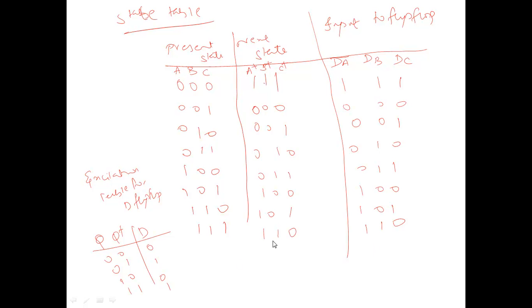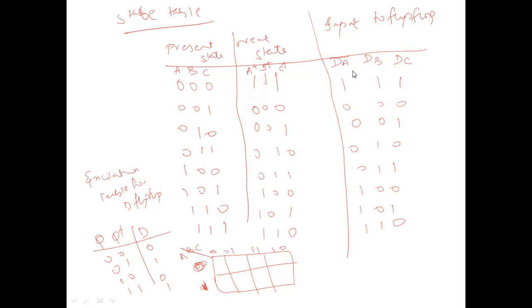Now you have to find the DA realization, DB realization and DC realization. So you have to use a K-map. You are going with a 3-variable K-map because you have A, B and C, three binary variables. Write A here, and B and C here. I hope you all know what a K-map is. The ordering is 0 0, 0 1, 1 1, 1 0. Every square inside the K-map varies by only 1 bit.